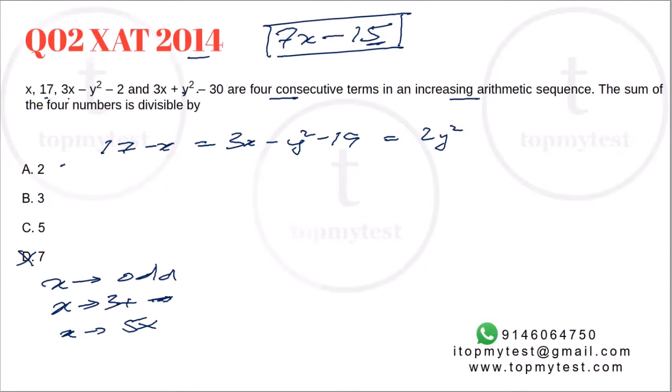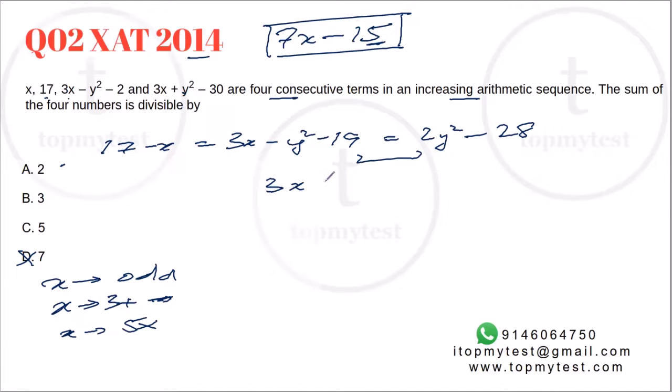Right, and minus 30 minus 2 will be minus 28. So all the three terms, all the three differences should be equal. Where do we go now? Okay, let's equate these two. If we equate these two, you will get